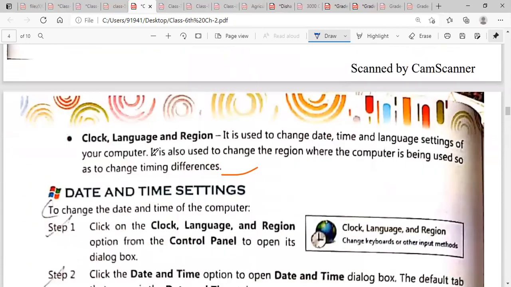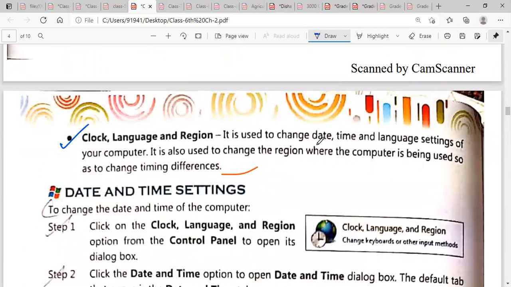Next is clock, language, and region. It is used to change, underline this line, it is used to change date, time, language settings of your computer, and up to this underline. Okay, it is also used to change the region. Okay, you can change date, time, and language settings under this, and you can also change the region where the computer is being used, so as to change the timing difference.